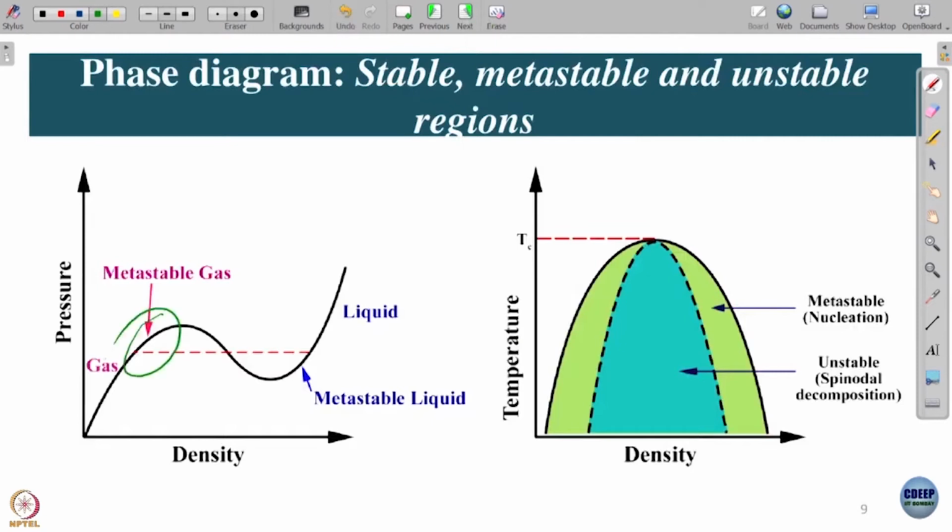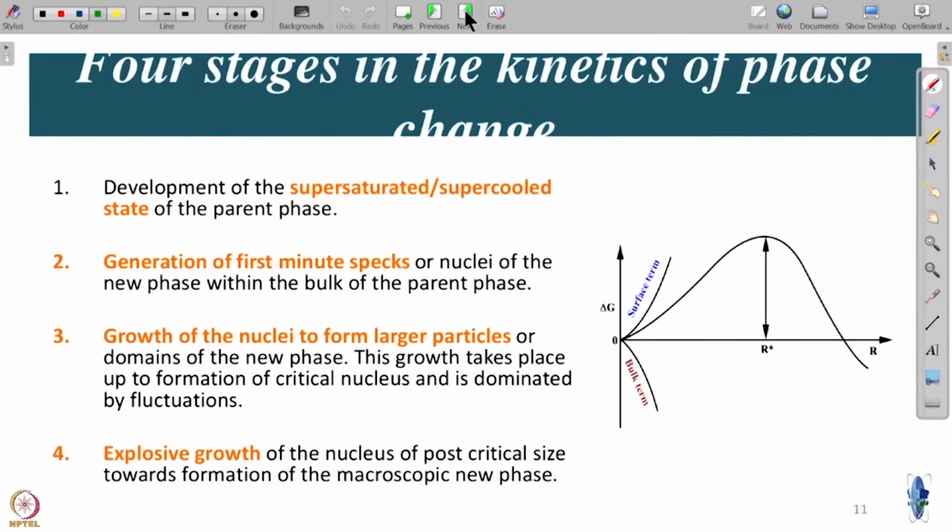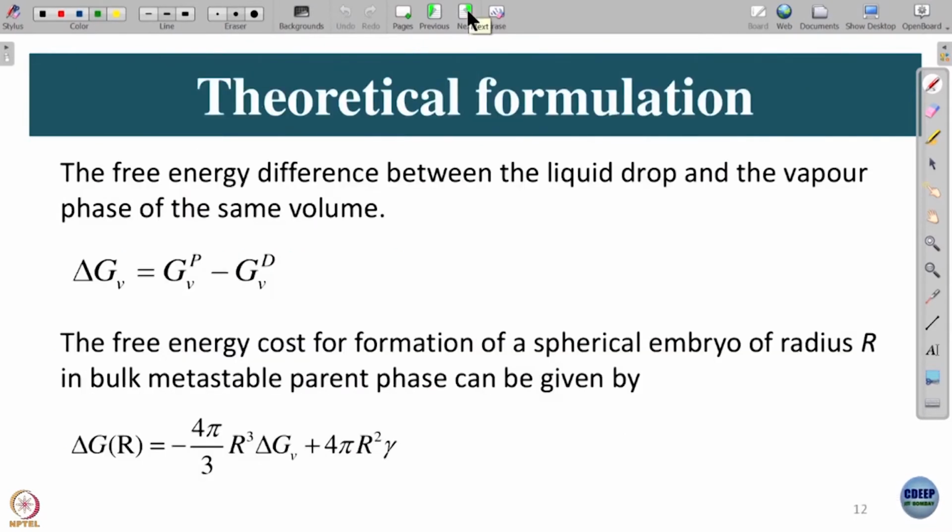So this is the metastable gas, and in this case this is metastability in temperature versus density, and this is the critical point. Okay. Now, as we again and again say, if gas is going to liquid, then this is the coexistence, but in order for nucleation to take place, it must go down, and I am now going to tell you why that is. Okay. So the basic equation is this.